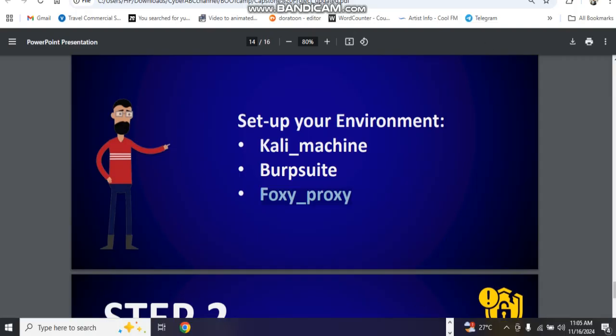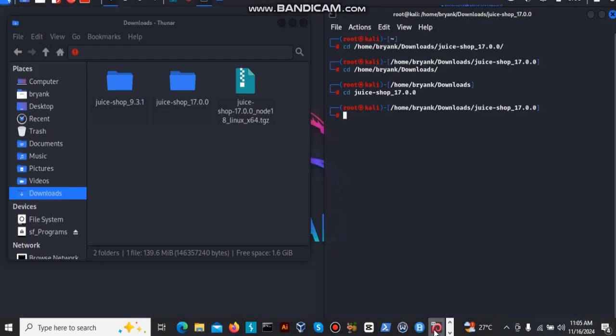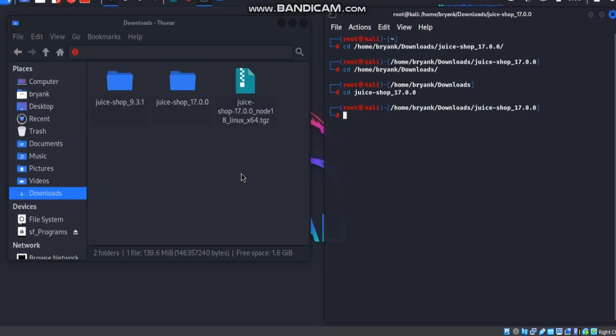So going by what we've already achieved so far, we have downloaded the juice shop, and we have extracted it into the download folder. Then we have changed directory into the juice shop folder. Then also I was trying to share with you guys that you should download